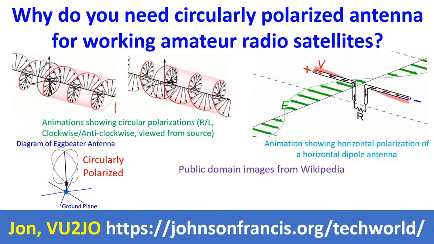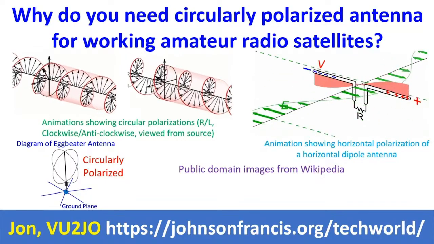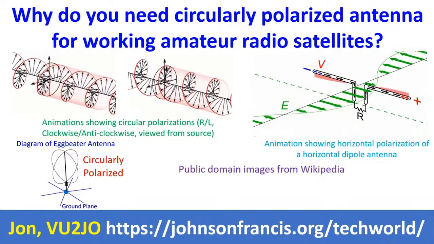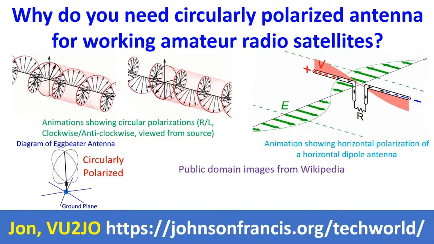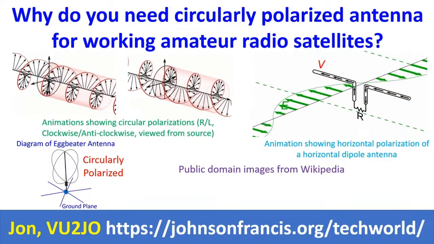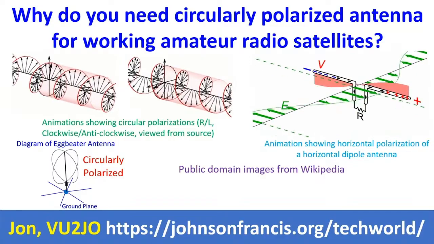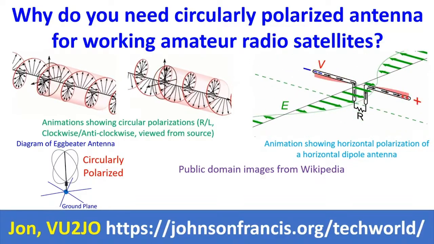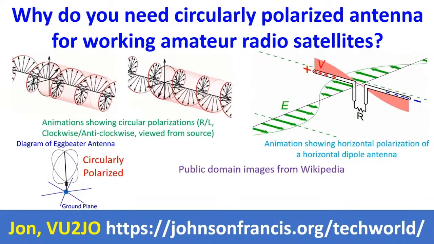Most of the antennas which radio amateurs use on HF, VHF, UHF bands have linear polarization, either vertical or horizontal, and are not ideal for satellite communications. Polarization of an antenna is the direction of electric field produced by the antenna and determines the direction of transmission and reception. In circular polarization,